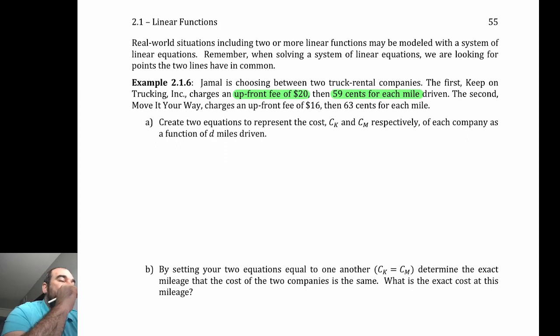That sounds like a rate of increase for each mile driven. The second company, actually, I won't even talk about the second company. I'll just do the first company, and then you guys can do the second one. Create 2 equations to represent the costs, CK and CM respectively. We're going to do CK because that's going to be the Keep On Trucking Incorporated. So for CK,